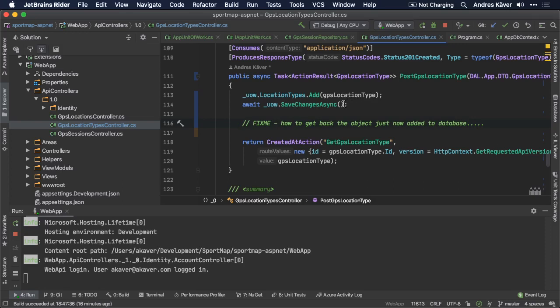And just now we mapped it once from the app DTO to the domain entity, but now we will map it also from the public DTO to the BLL DTO, so the service DTO, and then from the service DTO or the BLL DTO, business layer DTO, to the DAL DTO, and then we will map it to the domain. So we have like 3 layers of mappers, and we need to figure out how to get back. We need to write something here, like